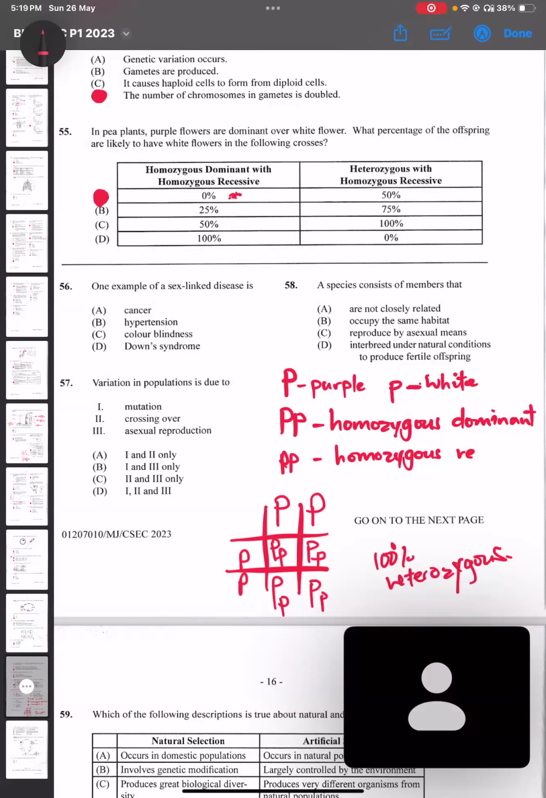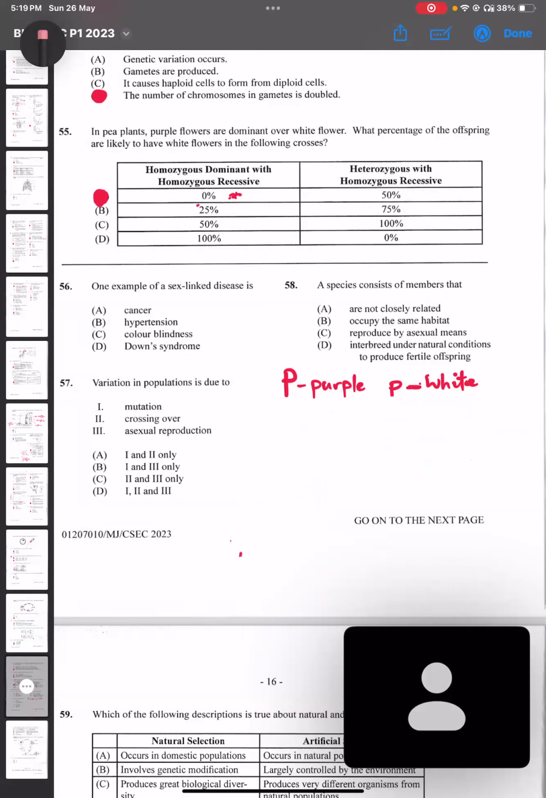And then if you have a heterozygous with a homozygous recessive, oh, it's asking which one would have the white flowers. So in this case, we all have the ones that are heterozygous, and you would have needed the two small p's to have white flowers. So because we don't have that, we know that this is the answer, because this wouldn't have any white flowers. So you don't even need to go any further. But if you wanted to,